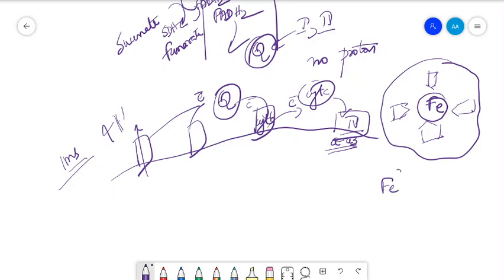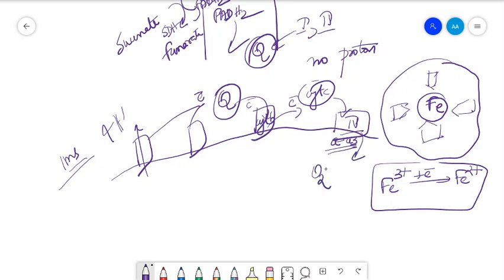Iron in the oxidized form, the ferric, receives electrons and is converted to the ferrous form in these complexes. Okay. And finally, the electrons are received by the oxygen present in complex 4. First it changes to a reactive oxygen, which combines with 2 hydrogen atoms and forms water. Thus, water is formed. So you see how amazing the transfer of electrons is.